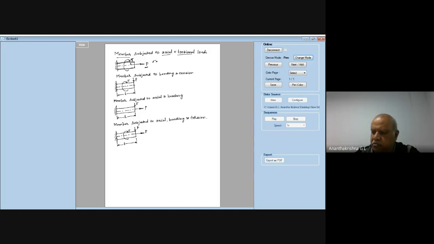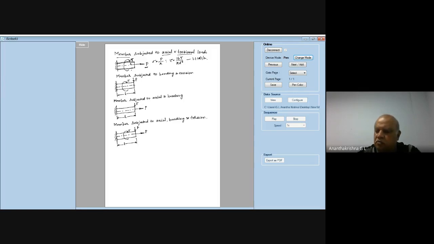then we can find out the normal stress sigma by using the equation P by area of cross section. And since it is subjected to the torsional load, we have to find out the shear stress, which is given by 16T by pi d cube. Are you there with me? These equations are there in 1.1A on page number 2.